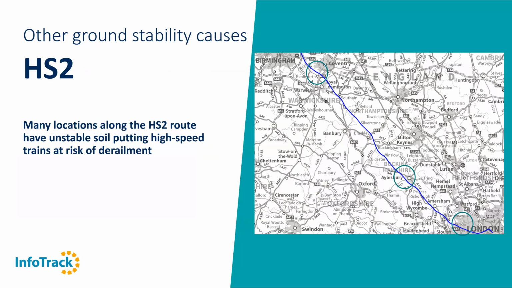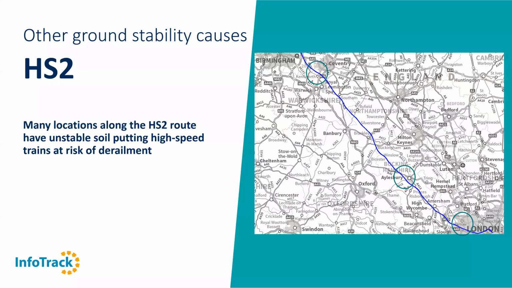And another thing to be aware of is the building of HS2 or not. It depends. We'll see by the end of this year. But some government advisors have warned that many locations along the HS2 rail line have unstable soil, putting high-speed trains at risk of derailment. There was a study of the HS2 route by British Geological Survey scientists, and they named